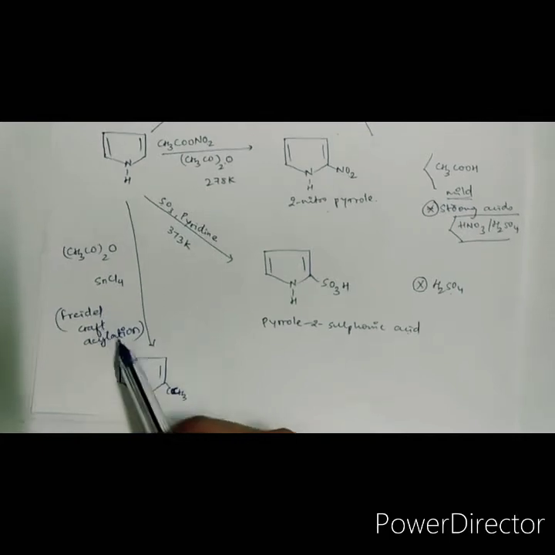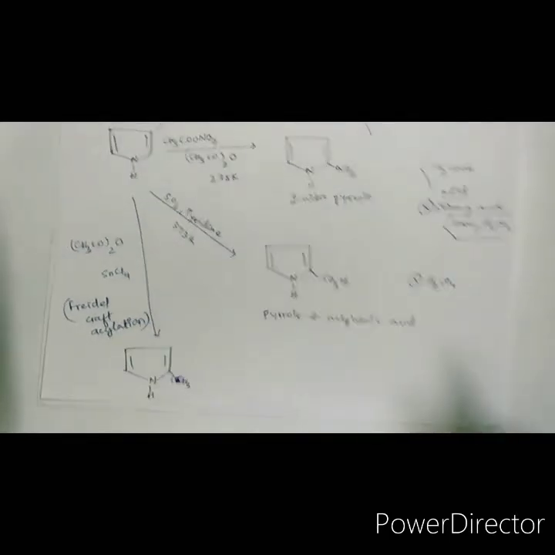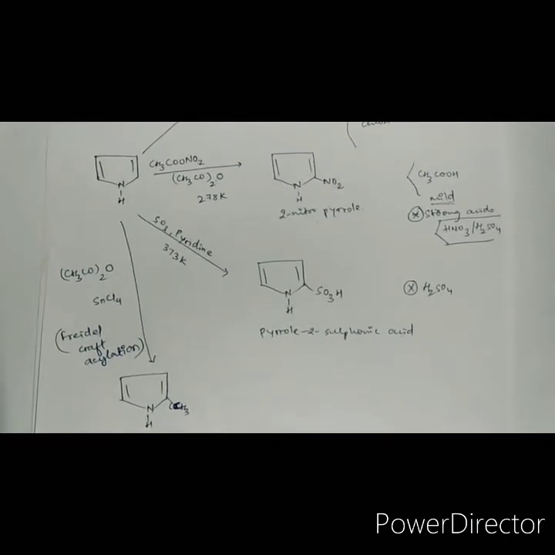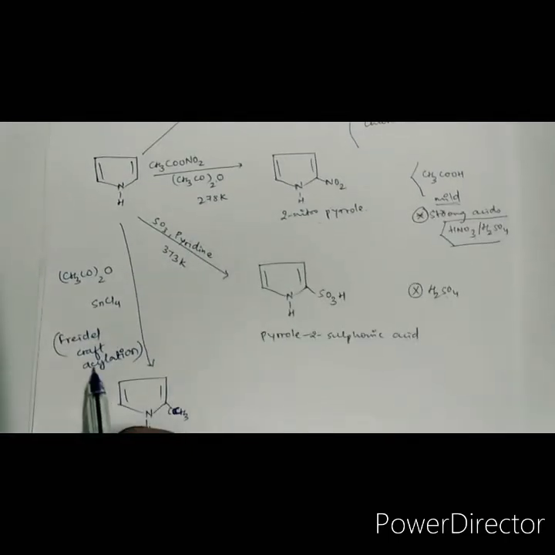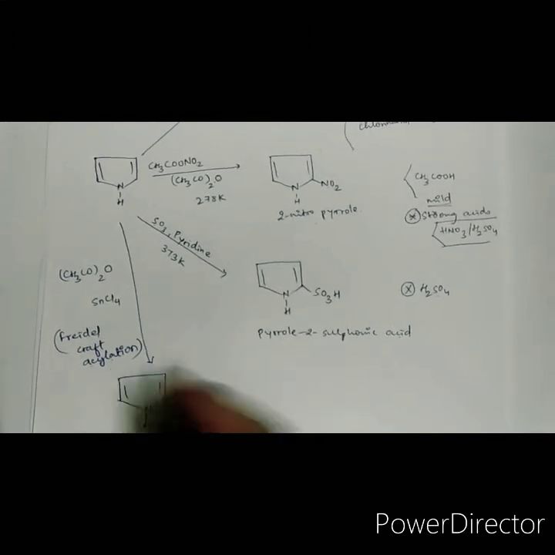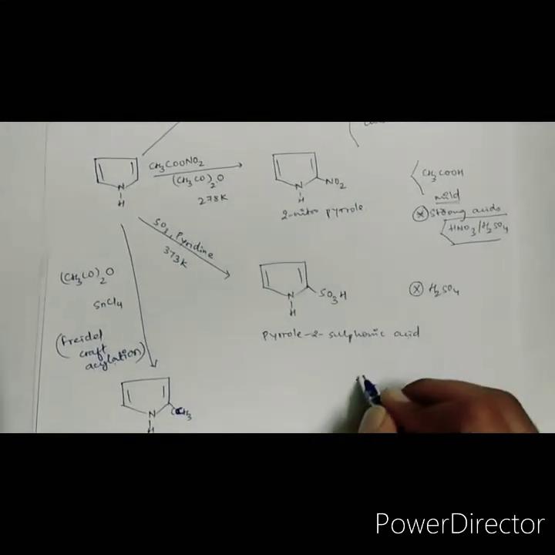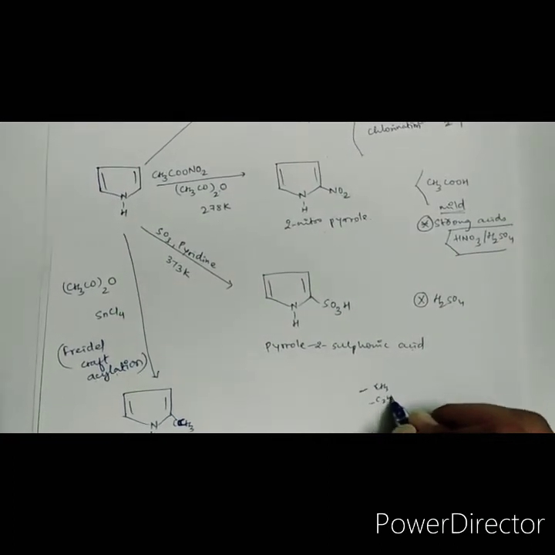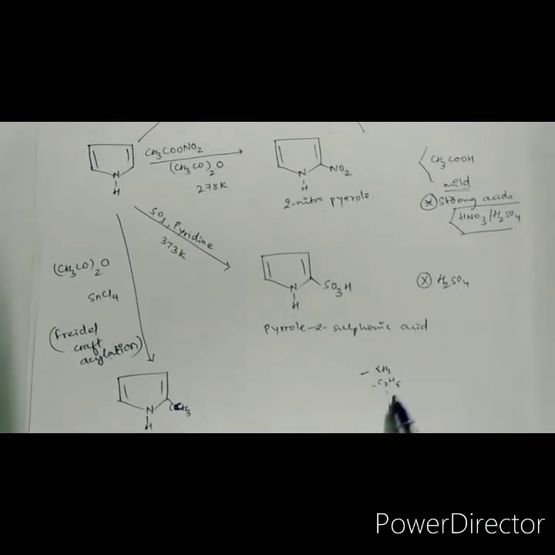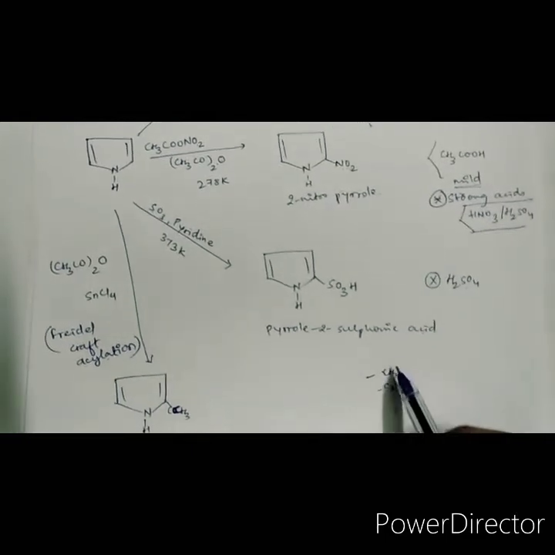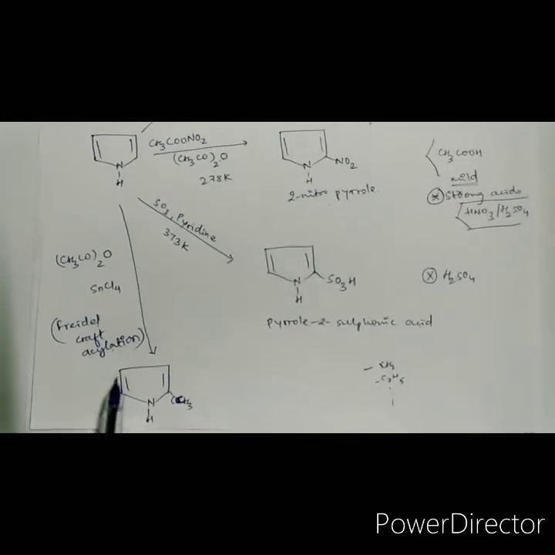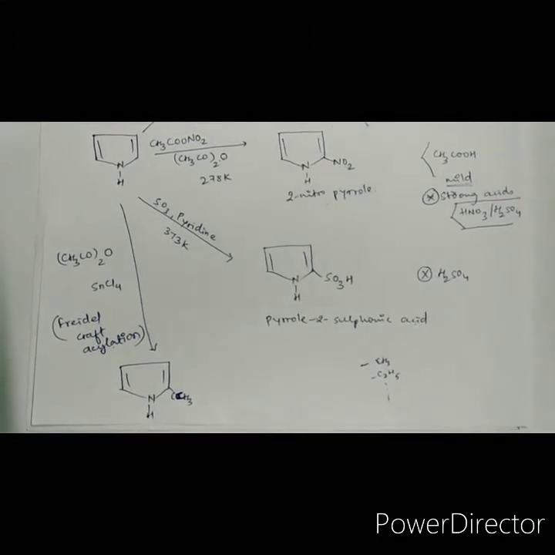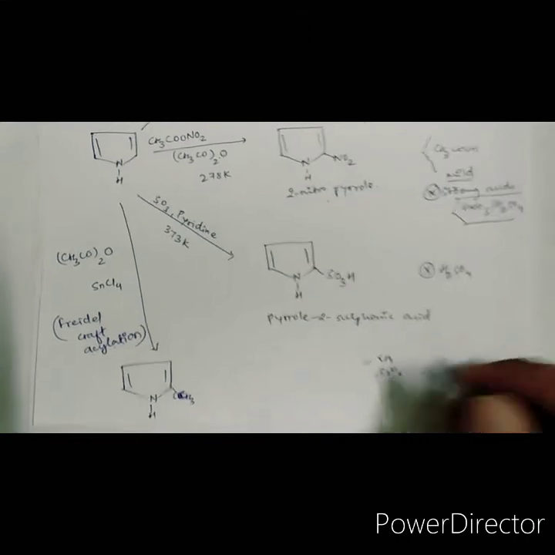So Friedel-Crafts acylation, there are two types of Friedel-Crafts reaction. One is Friedel-Crafts alkylation and another is Friedel-Crafts acylation. So the difference is acyl and alkyl groups. Alkyl groups are nothing but the alkanes like CH3, C2H5 and so on. These are known as alkyl groups. So attachment of these alkyl groups to the basic ring using Friedel-Crafts reagent is known as Friedel-Crafts alkylation, because alkyl groups are being attached.